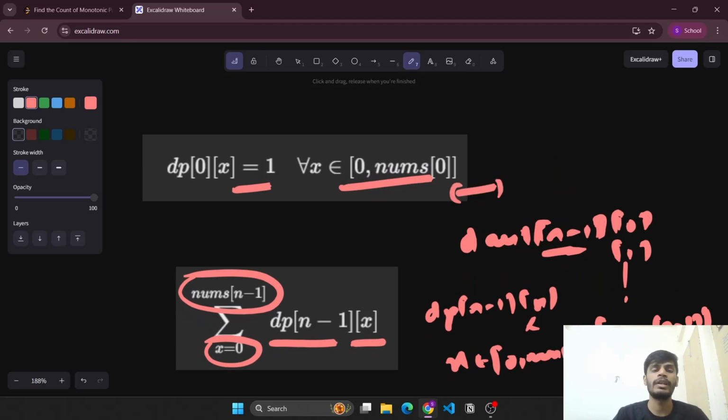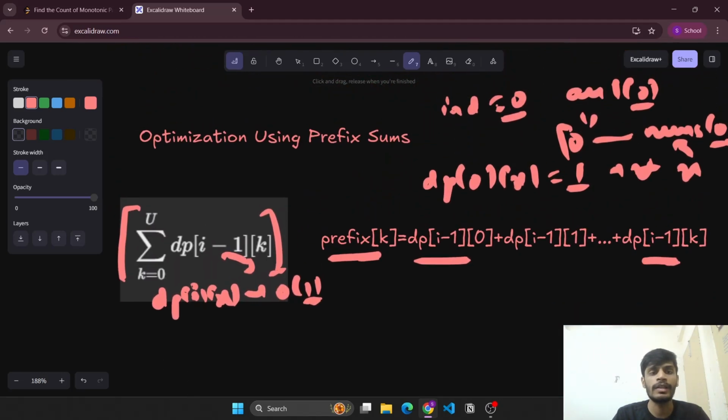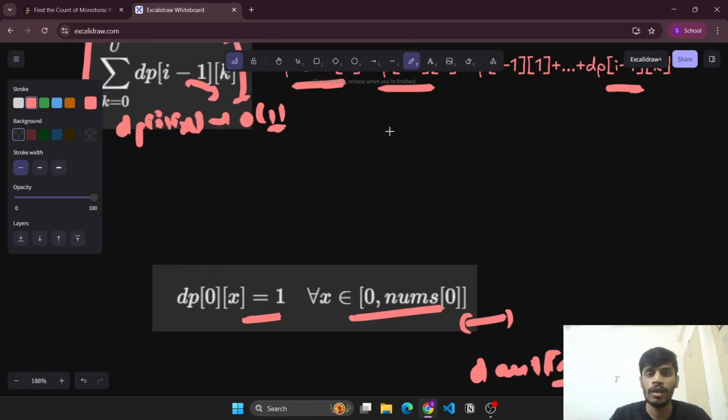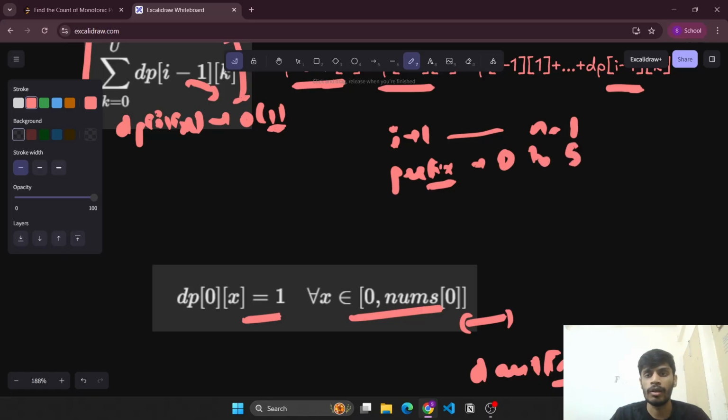Then we'll be calculating the dp using the same formula at each step. We'll be moving i from 1 till n minus 1, since 0 is already initialized. Inside, we'll first compute the prefix, from 0 to 50. Then we move x from 0 to 50 and calculate dp of i, x, using simply the prefix